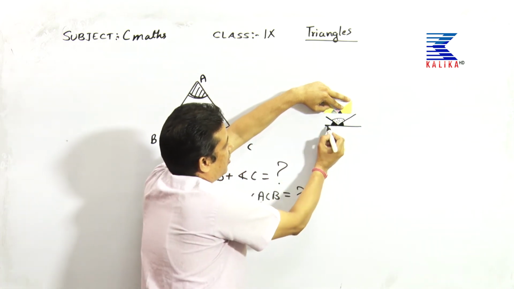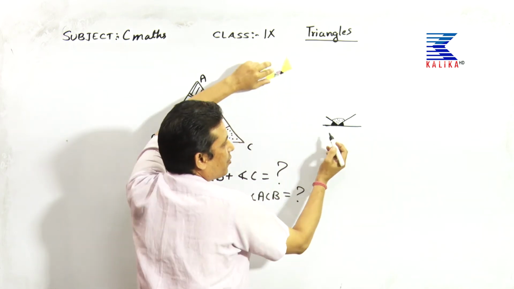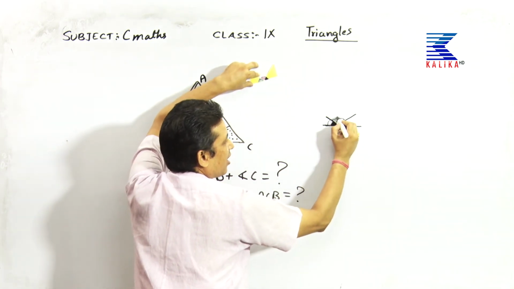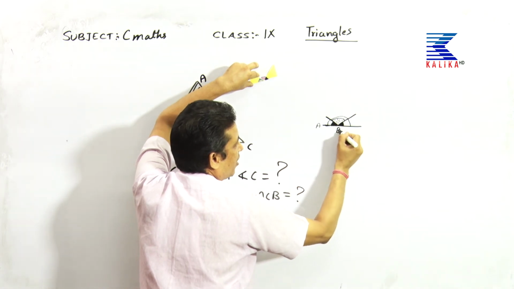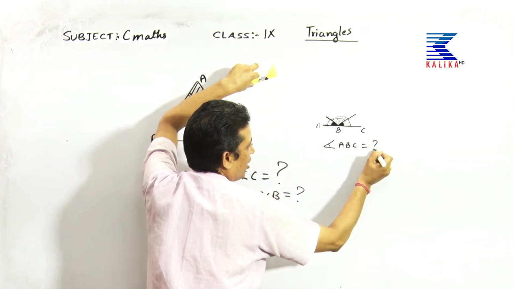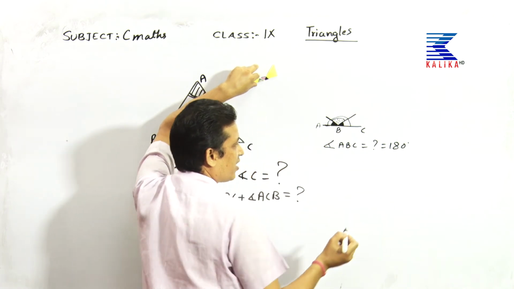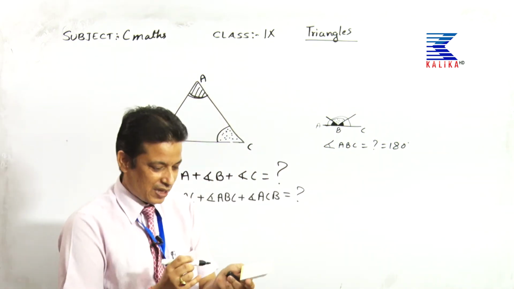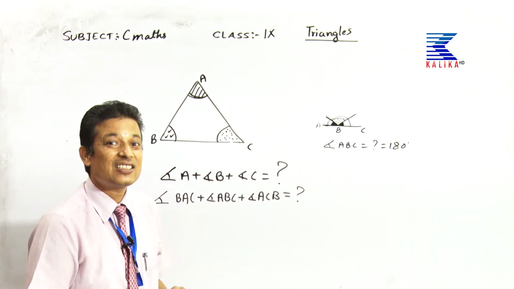Look, this is the picture of my paper. It means, what is the sum of this angle, dear student? What is the sum of this angle? Angle A, B, C. Here, what is angle A, B, C? The measurement of angle A, B, C is 180 degree, because it is a straight angle. Hence, we can prove by the paper folding method that we can verify that the sum of 3 angles of a